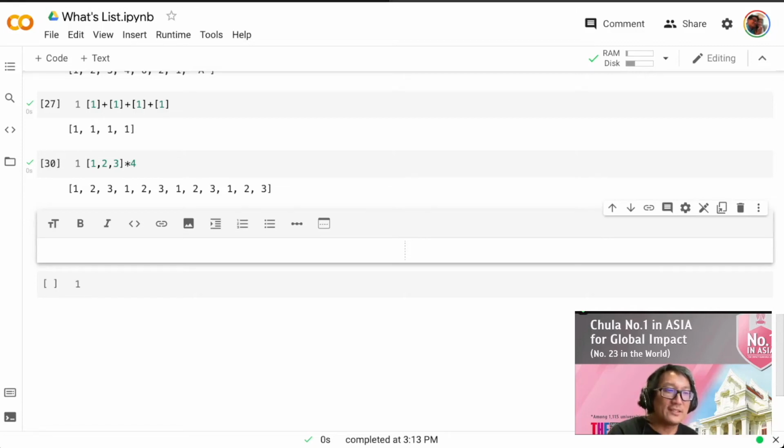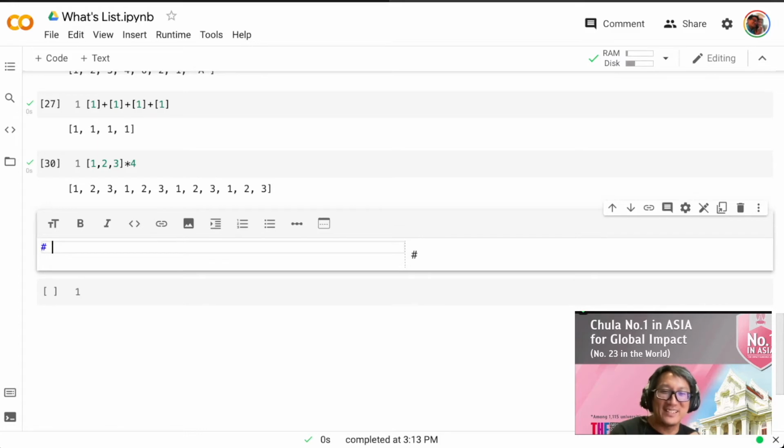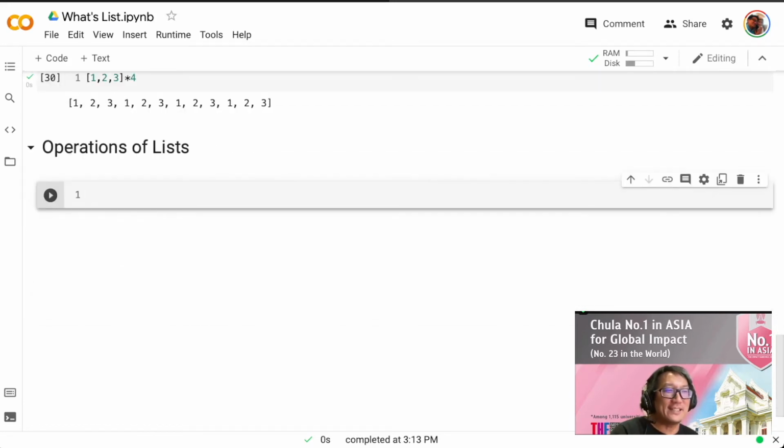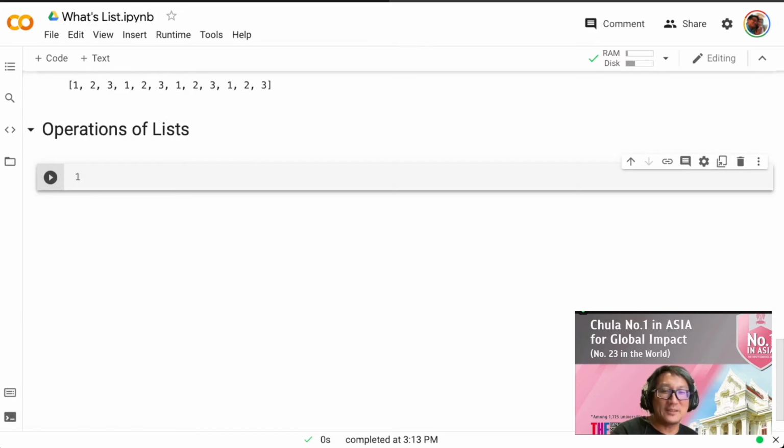This one is like the intermediate level. You're going to think that it's not the basic operation. This is like the operation that we use, operation of list. Okay, guys. At first, I will tell you the operation that